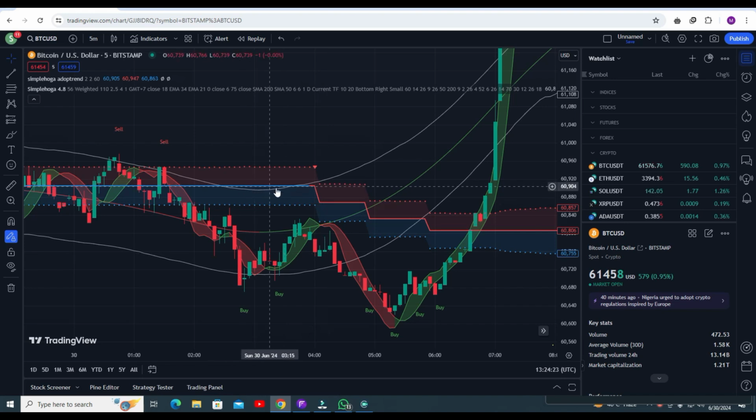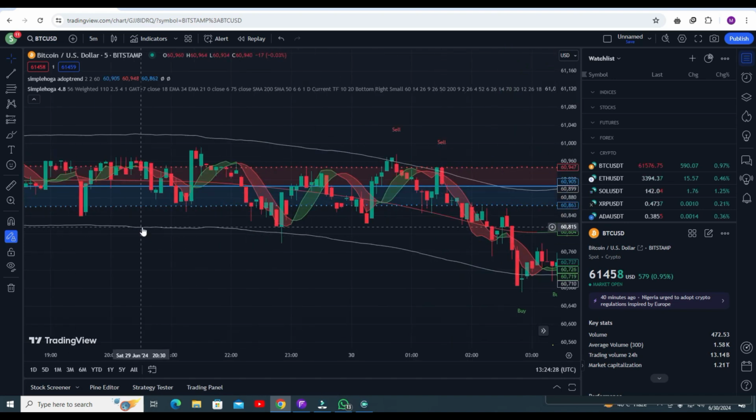This is the trend line I'm using here, and I will give you all the details. First of all, do not miss any point from my video, because at the end of the video, if you say I do not understand, then it will be your fault. How you can get this indicator, each and everything I will mention in my video. Okay, let's start the video.